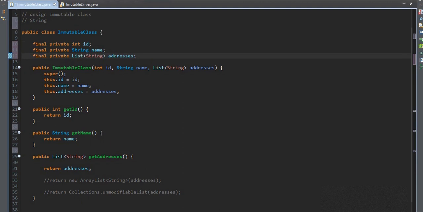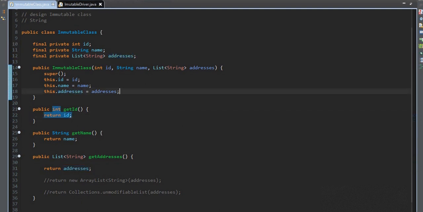Here, this is a primitive type, and here I am using a class object, a String object, which is also an immutable class, right? I have already mentioned String is an immutable class. This is a non-primitive data type, and here I'm using a list of addresses, which can be an ArrayList. I will pass it. Let's see if this class is immutable or not.